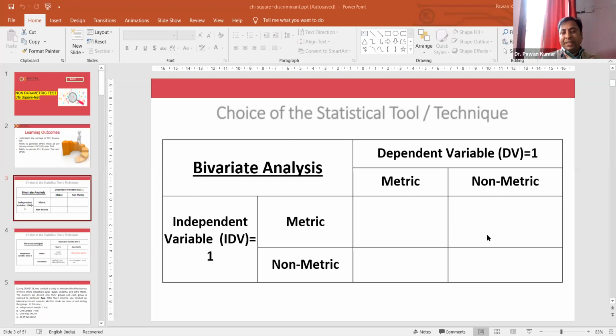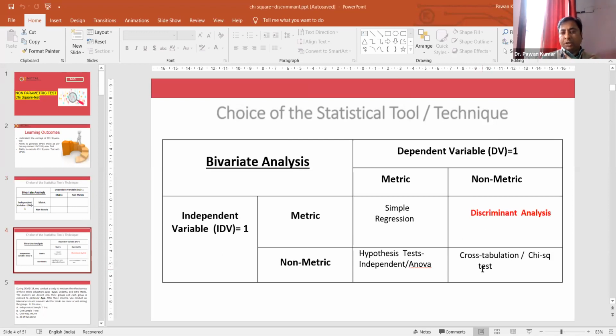So I am going to fill these two columns today in my next 1 hour session. Whatever time we have till 7, I am going to fill these two gaps, this box and this box. What are those techniques? So I am going to cover the